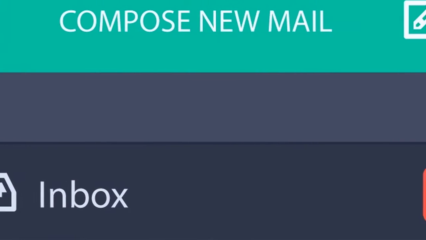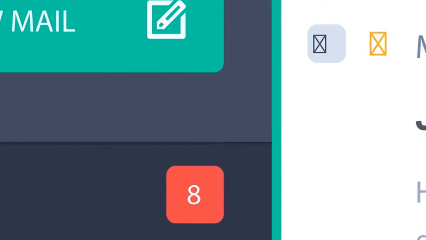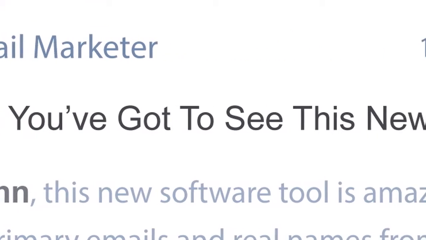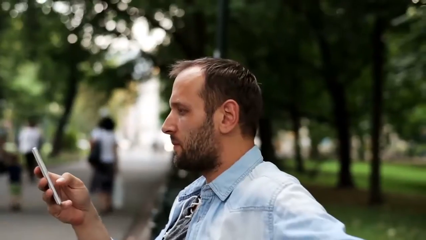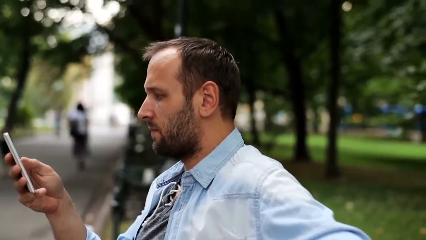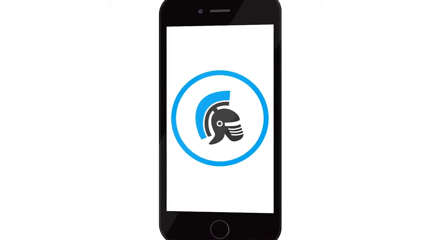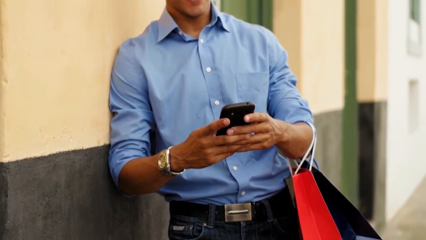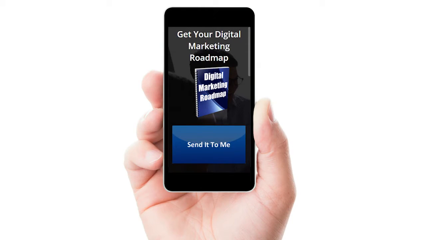Email subject line personalization by itself has been shown to increase open rates by as much as 41%, and increase revenue generated from email campaigns by an amazing 73%. Warlord Mobile Leads allows you to take advantage of these benefits with extraordinary precision. The capture of both the person's primary email address and the name associated with that email account is made possible with a game-changing new opt-in method that radically alters the traditional lead generation process as we know it. Rather than have a visitor type whatever information they want into an opt-in form, your leads will simply tap once on the Warlord Mobile Leads button, prompting their email app to prepare a pre-filled